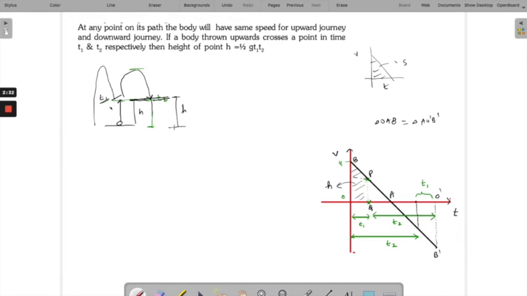Why? Because this object has gone from this position to this position, so the displacement should be h. It doesn't matter that the object is returning down, because we are not talking of the velocity here. So now if you consider this graph at time t2, what is its total displacement? If you notice here, since PQ should be the same as, let's say this is Q' P' A, so APQ should be identical to AQ'P',